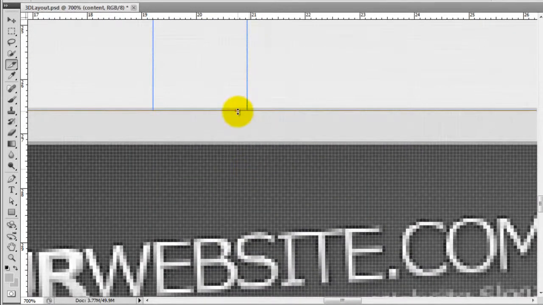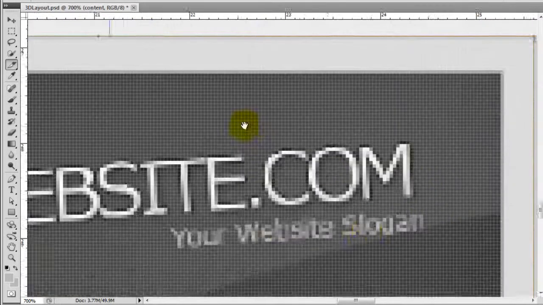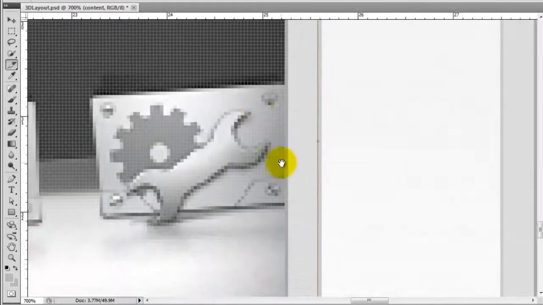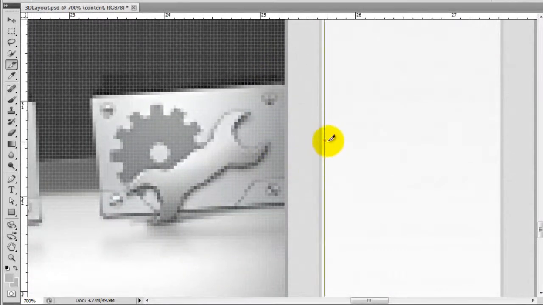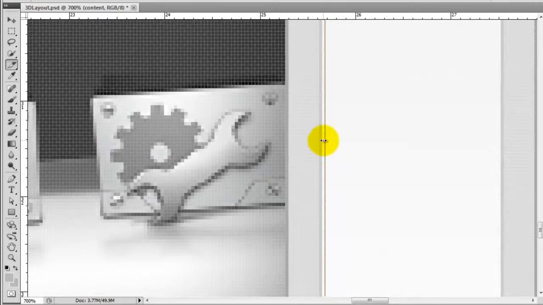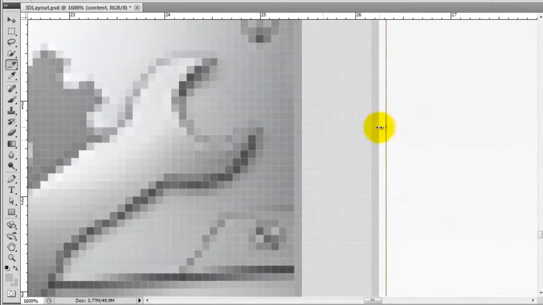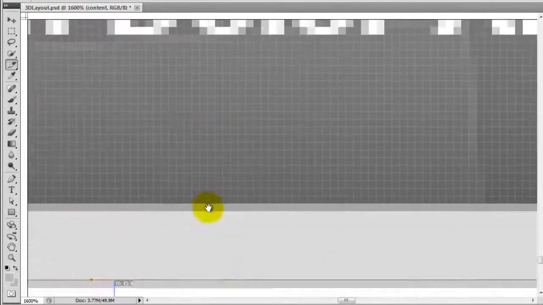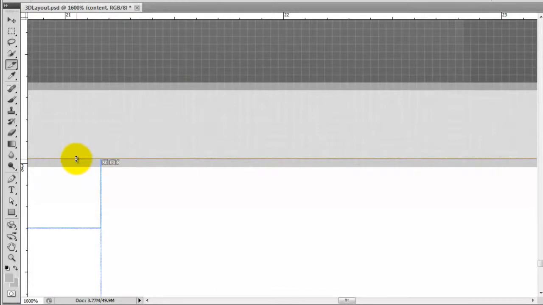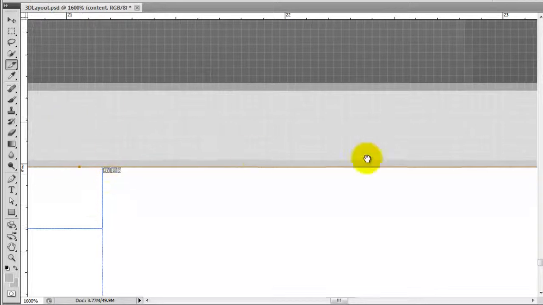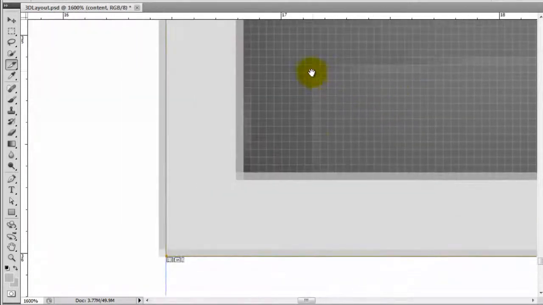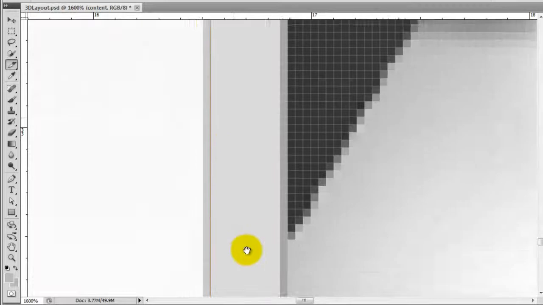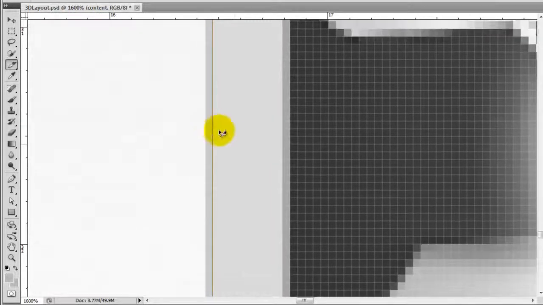So I want to be able to grab it just above this grey line, and the same on the right hand side. Bit too much. If I zoom in a bit more, it gives you more fine grain control, and there you go. So just do the bottom now, which is here. And it's just now the left hand side, and drag that there. So I'm just going to zoom out a little,